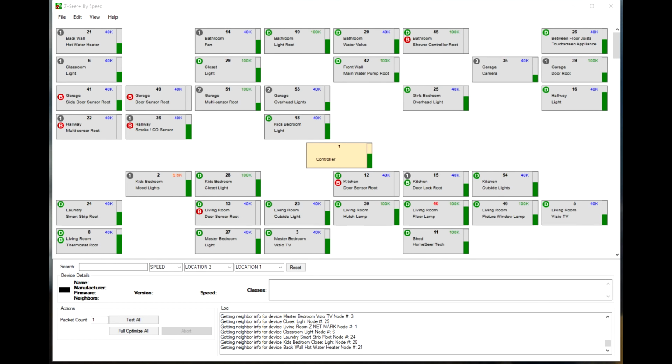Z-Seer Plus is a Windows-compatible software program that we developed to analyze the health of a Z-Wave network. This particular tool works exclusively with HomeSeer HS3 or later systems. When you launch Z-Seer Plus, the program is going to scan your network and create a map of these node